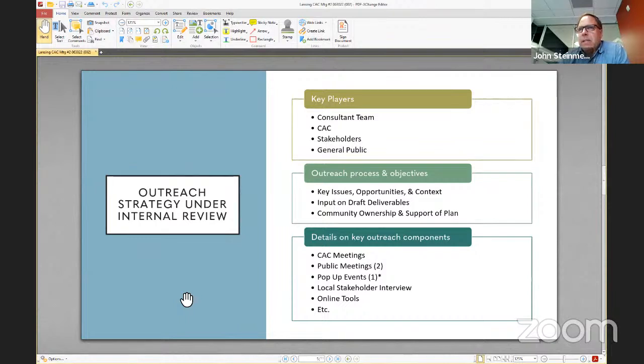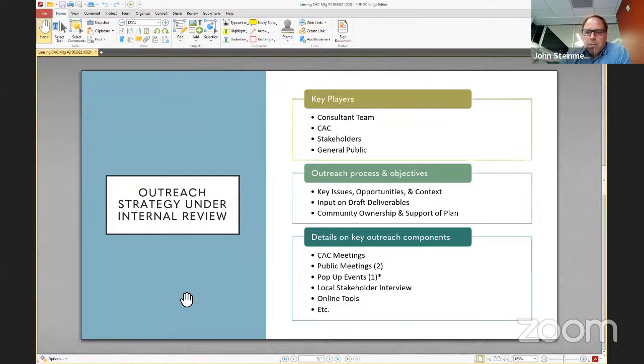All right, and like I said, you're going to have a chance to look at the actual document and comment on it. So this is not a speak now or forever hold your peace moment. Some of the details on the key outreach components: we identified two public meetings, one earlier on in the process and one later on. Early on, we want to do more listening, engage the community, and glean ideas from those in attendance. Then later on, we do a show and tell in terms of what we've learned, or what we think we know as a group, and where we think the community would most benefit from its time and energy being spent.